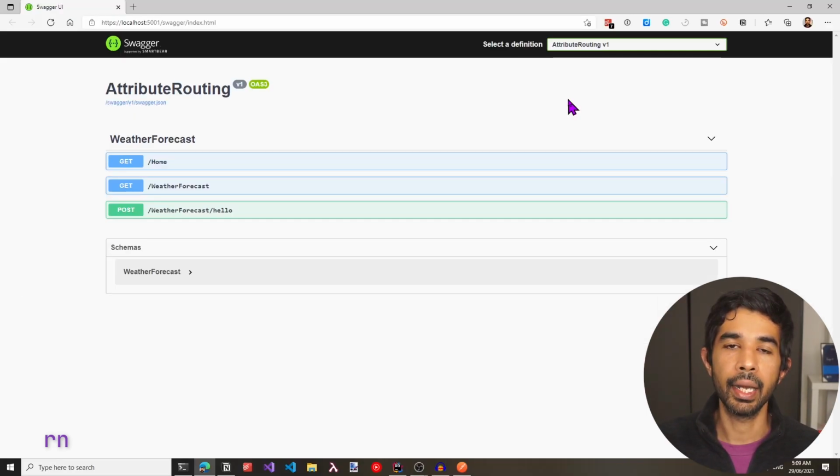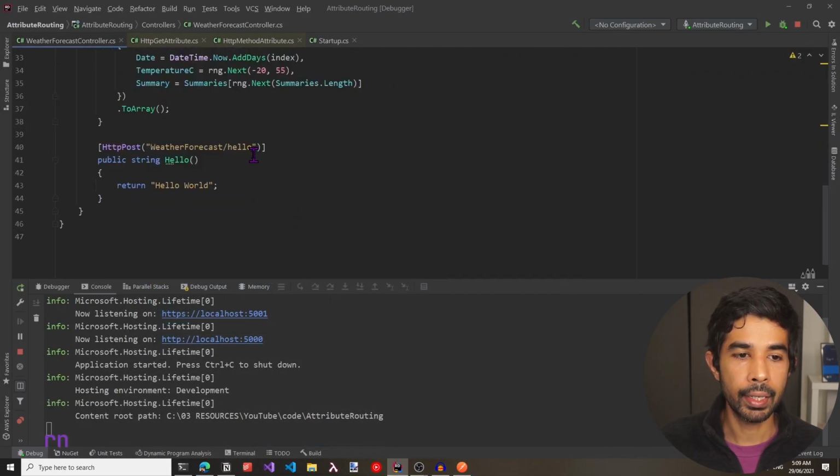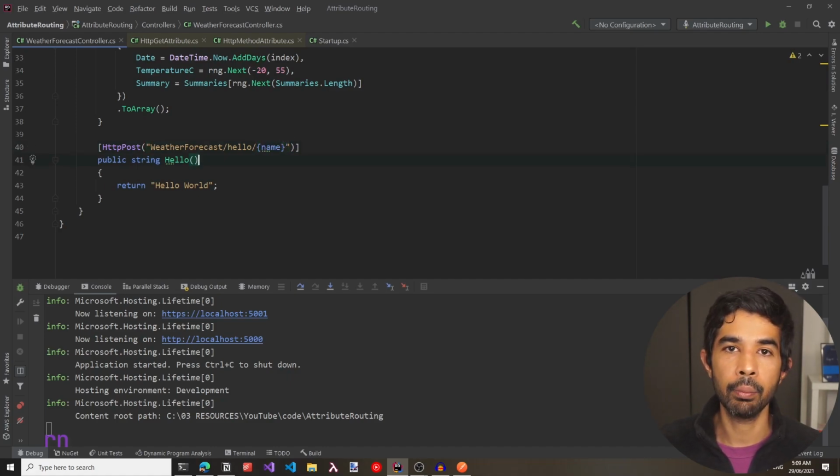You can pass in data through different sources like through the URL query strings, the route, body, form fields, etc. Now for an example, I can come back to this hello endpoint and take in a name. So let's stop this, and after hello, let's specify this is also going to have a name. So for this, we will use a curly brace and specify the name that we need.